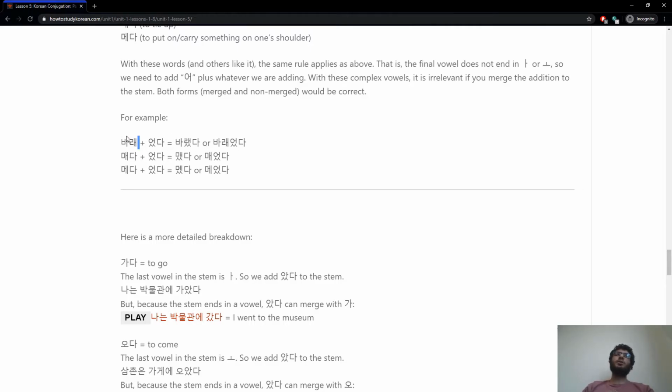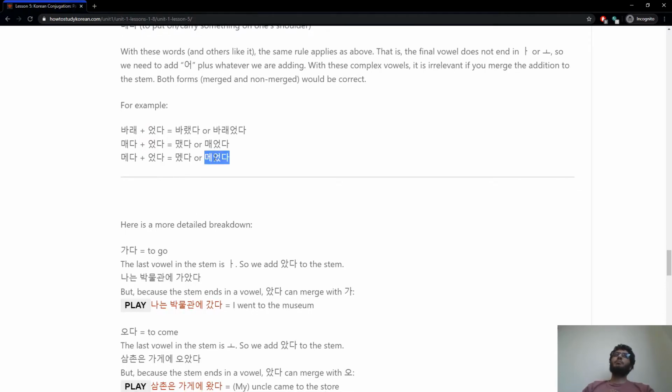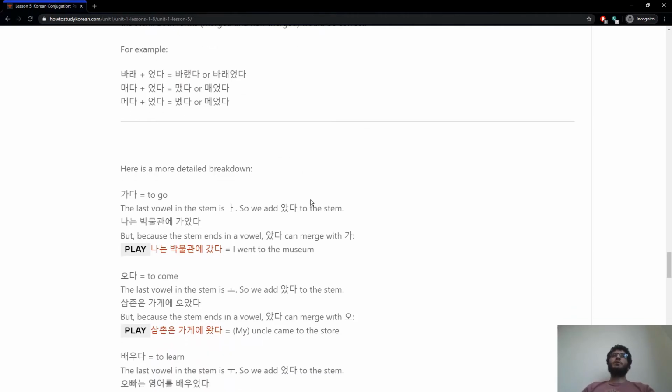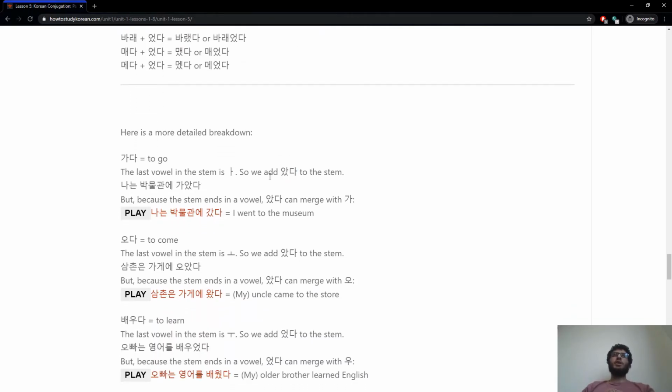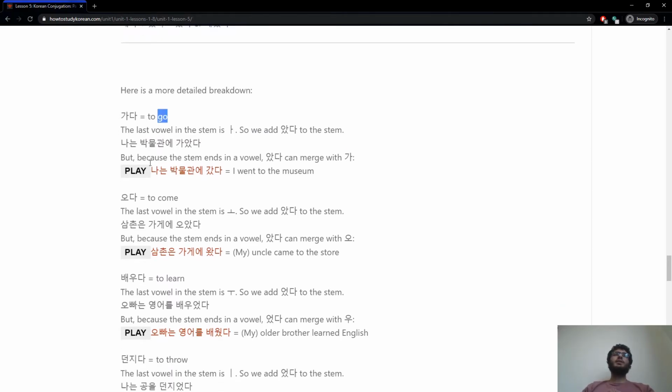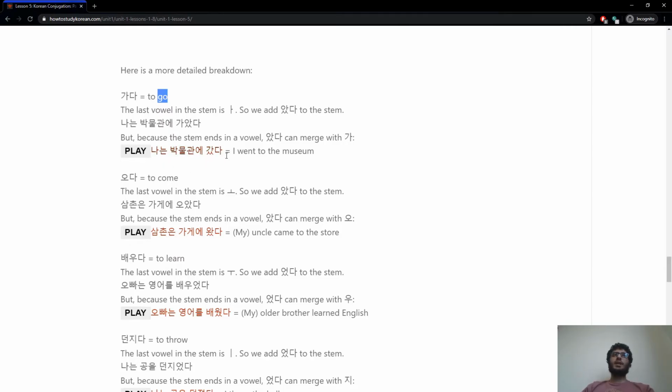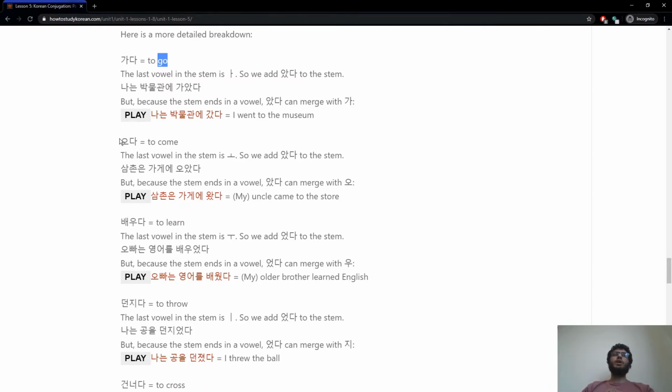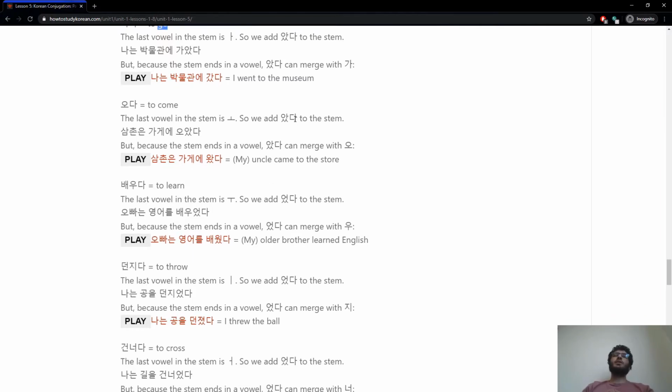Pare plus otta becomes paretta, metta, or meotta, I guess. It is irrelevant if you merge them or not. I would write it this way, but again, I'm not even Korean, so just take my opinion with a grain of salt. Now, he goes into more details. Kada becomes katta for the same reason we talked about. Oda becomes watta because you can combine the a and o, put them next to each other, and it becomes wa. So 삼촌은